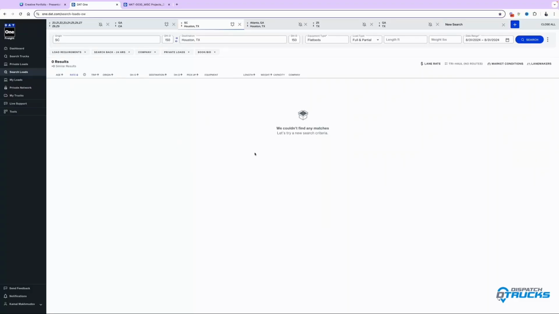For example, you could search for a load from Texas to Florida, filtered by rate per mile and pickup date. I'll give you an even more in-depth example. So you have a truck in Texas and you know that Florida is a high-demand market. By setting up a state-to-state search with filters for rate per mile and pickup date, you can quickly find the most profitable loads that meet your criteria. So in other words,